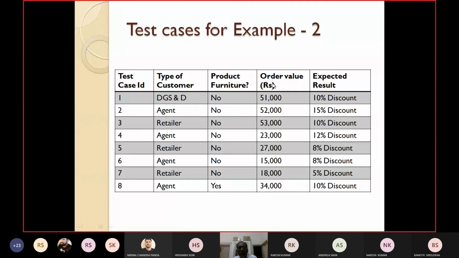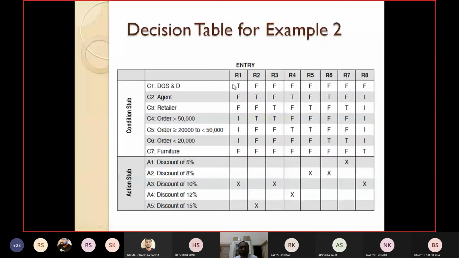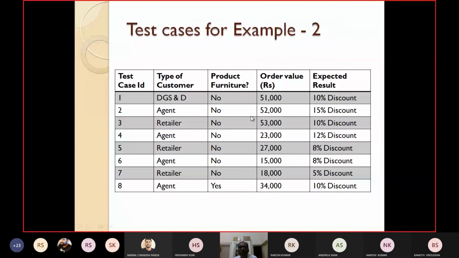Then what is rule 2? Rule 2 is that it is not a DGST item, you are an agent, and the order is greater than 50,000. Now let's see. For rule 2, you are an agent, it's not a furniture product, and order value is greater than 50,000. Order greater than 50,000 means how much should you get? 15%. This is for rule 2. 15% you should give.